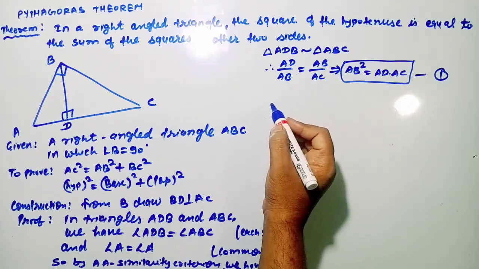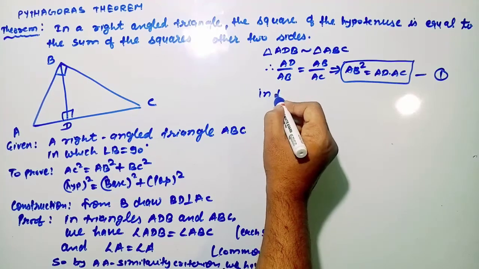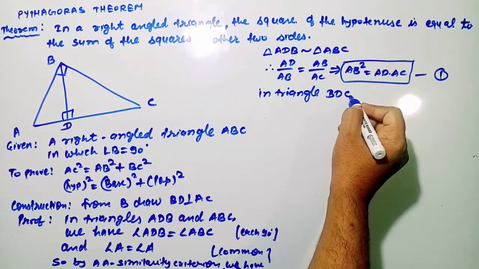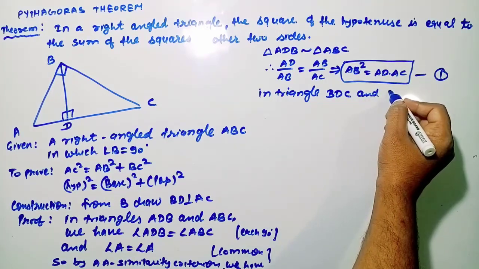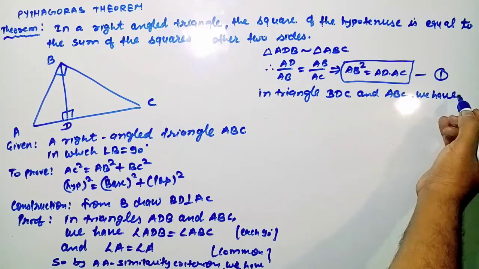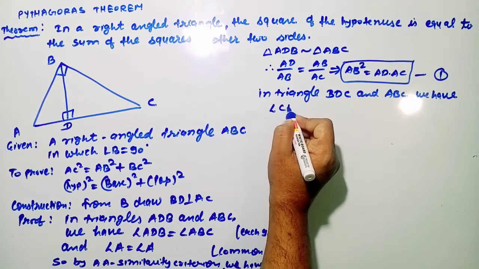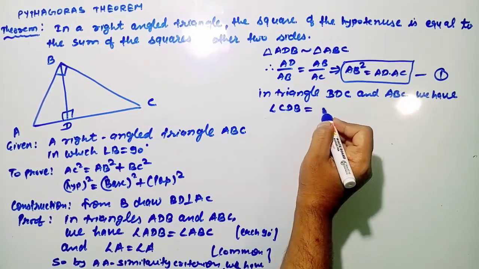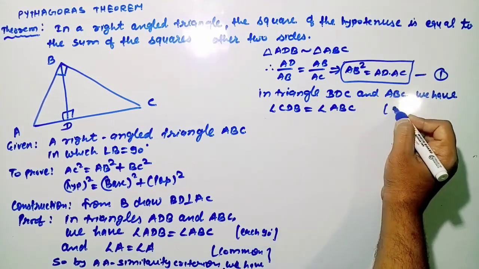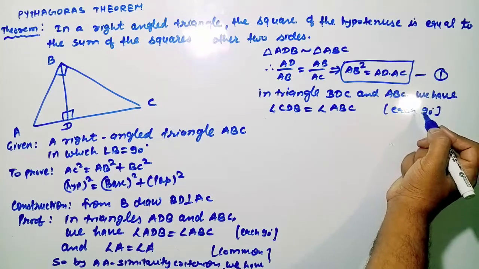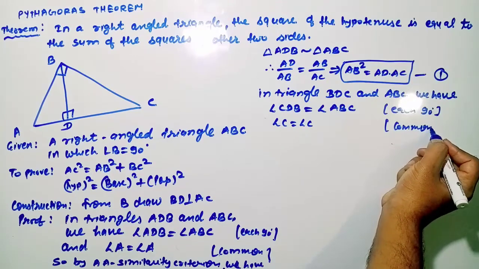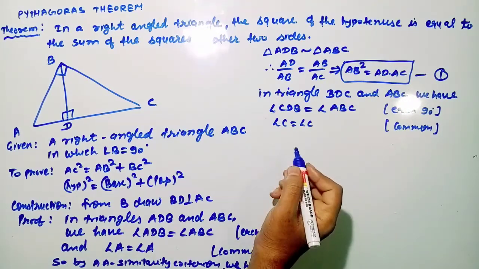Okay, similarly we are considering another triangle. In triangles BDC, what is BDC, and in triangle ABC, right? We have angle CDB is equal to angle ABC. Again, these angles are what? Having measure 90 degree, and angle C is common, right? So again, by AA criteria of similarity,